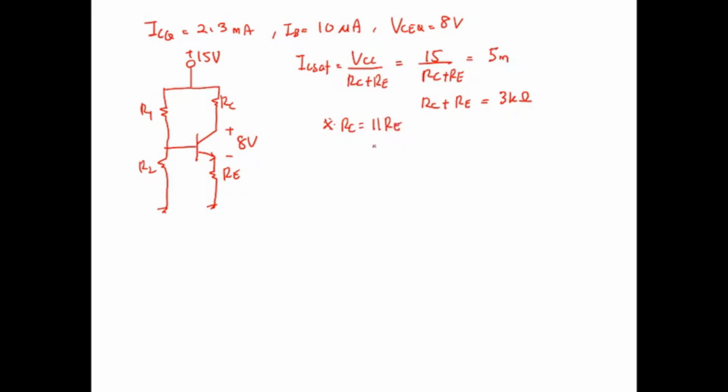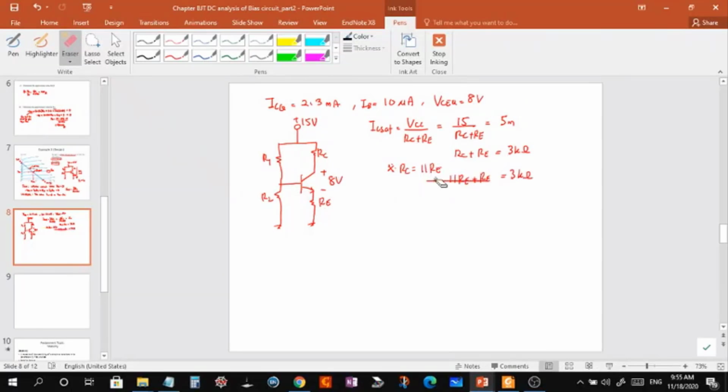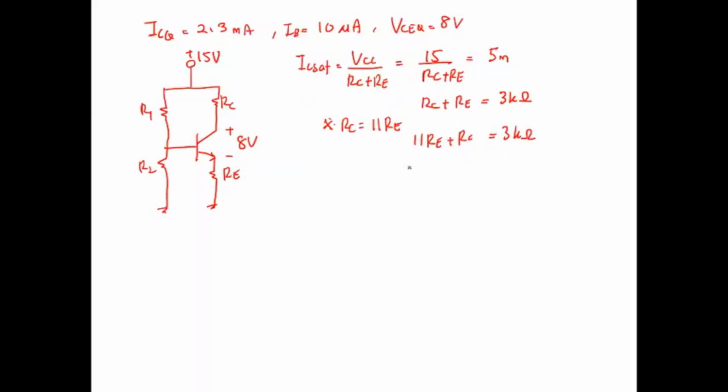For your information, usually RC will have a bigger value compared to RE. So you can use this equation. RC is 11 RE, so 11 RE plus RE equals 3 kilo ohm. So you can solve this and you get RE equal to 0.25